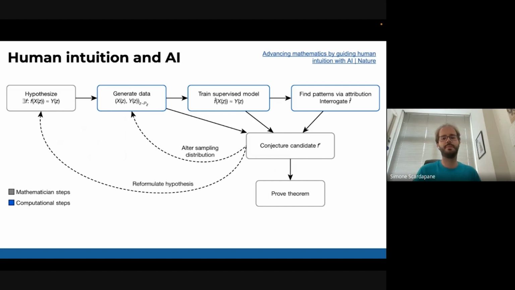Again, we hope, and there are some preliminary ideas. Maybe you remember a talk by Petar Velickovic at P-Campus, I think 1 year ago. We invited him and he talked about something kind of similar. They have this paper published in Nature where they help mathematicians prove some hypotheses with a similar idea. They generate some artificial data based on a hypothesis, they train a model, and then they use some explainability to see why they are getting certain predictions. And this helps the mathematician refine the hypothesis. Basically, we would like to significantly extend this work.